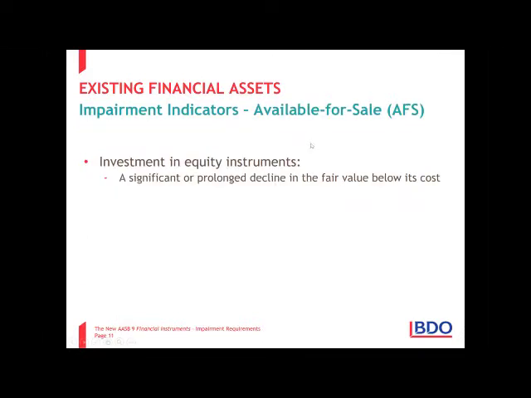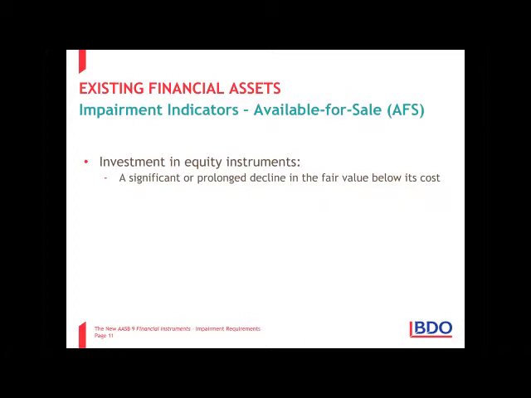The other one that has been quite problematic under AASB 139, and is currently still problematic, is the impairment rules around available for sale, and specifically investments in equity instruments, investments in shares. Because AASB 139 currently says if you've got investment in shares and they're accounted for as available for sale financial assets, which, just to recap, means fair value in the statement of financial position, and changes in fair value go to an AFS revaluation reserve or OCI,